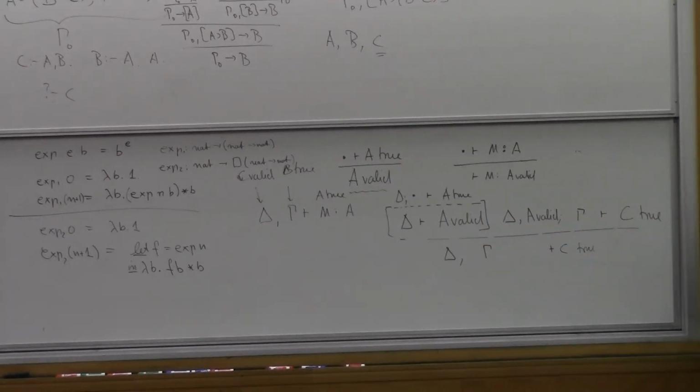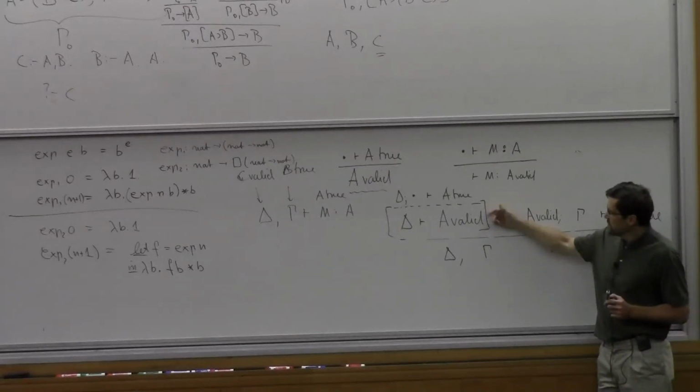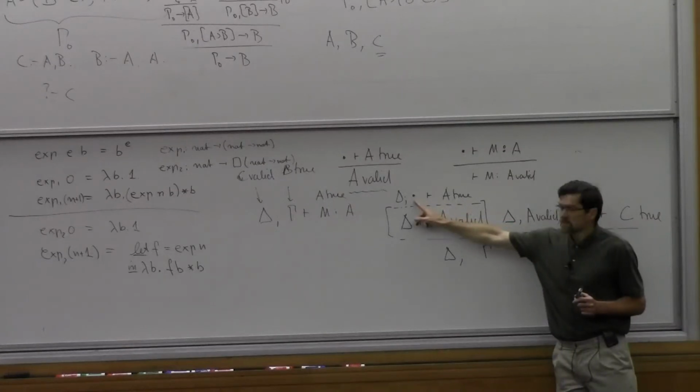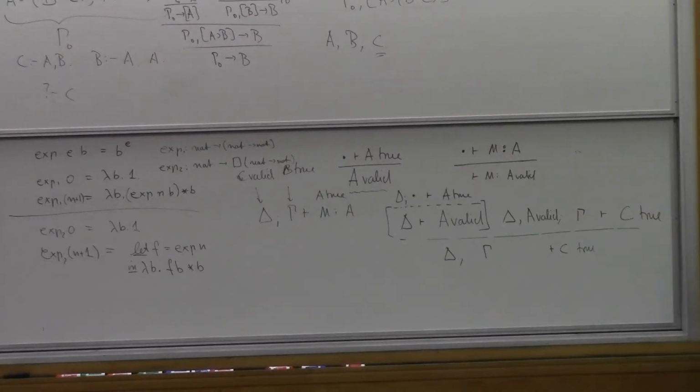This is actually related to invertibility and focusing. In some sense, you can think of A valid as being an invertible judgment on the right. So whenever we see that, it immediately decomposes to A true, with no assumption here, which is very important. You're not allowed to use any truth assumption in order to conclude that it's valid. And the same thing was true for lax. If you tried to write A lax on the left-hand side, because it's invertible on the left, it would disappear immediately. So these derived judgments spontaneously disappear on the left or on the right.